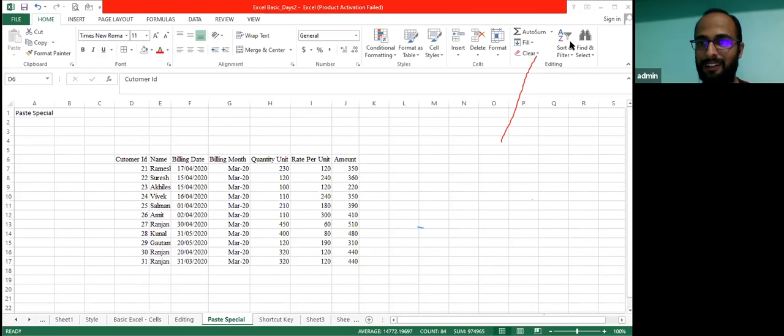So maybe on Monday I'll be discussing all like auto sum, fill, clear, sort and filter, find and select. Then we will be discussing. Okay. Yesterday I gave you just a brief view so that you can understand the use of this. Now you have curiosity, so I believe you will be able to grasp it very quickly in the next session. No worry, I'll be covering everything.